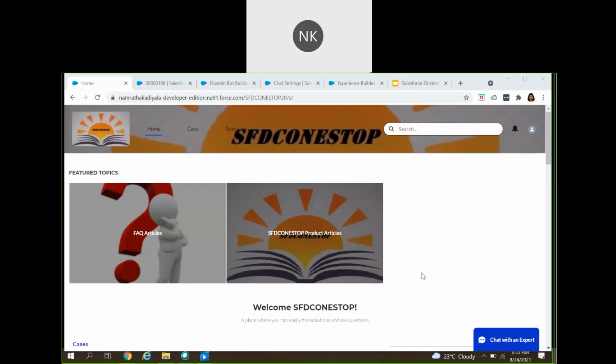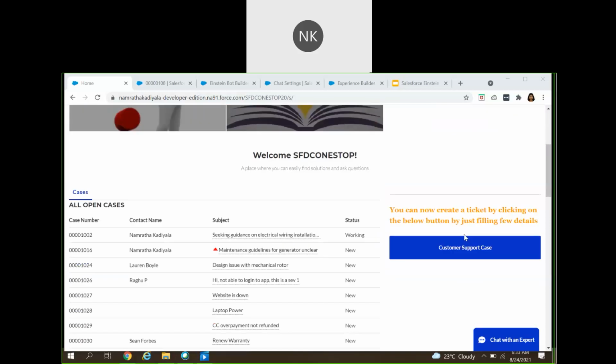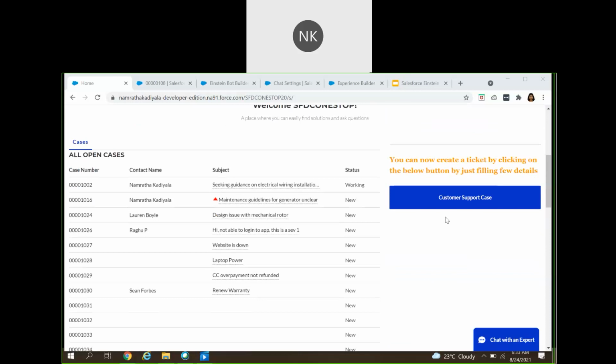So we have built this customer community portal for our customers so that if customers have any issues or concerns, they can open up a case with us. If you recall, we have created this global quick action for them, so that whenever they click on this, a new window or new page will open up and they will be able to open a case with Salesforce. But if you notice, all of this takes some time.